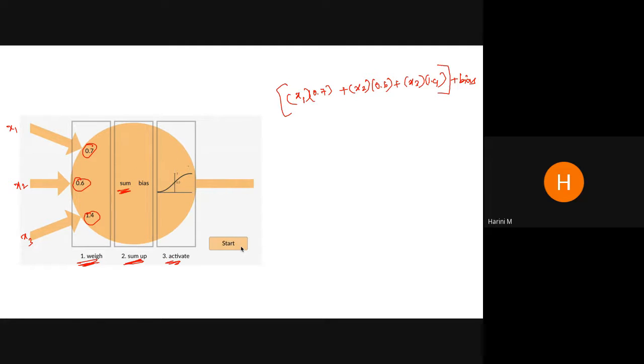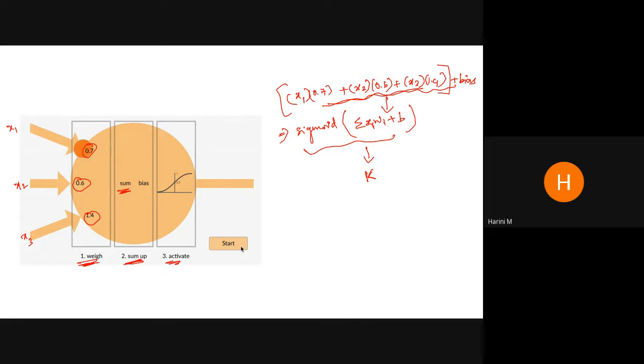So I'm going to use any activation function. We have learned about the various activation functions, right? We'll take for example binary or sigmoid. Just for example, I'm taking the sigmoid activation function. So I'm going to pass this calculated value, summation of x into w plus bias, inside this. This is the formula, right? I'm going to pass this entire value into this activation function, and this is going to give me the value